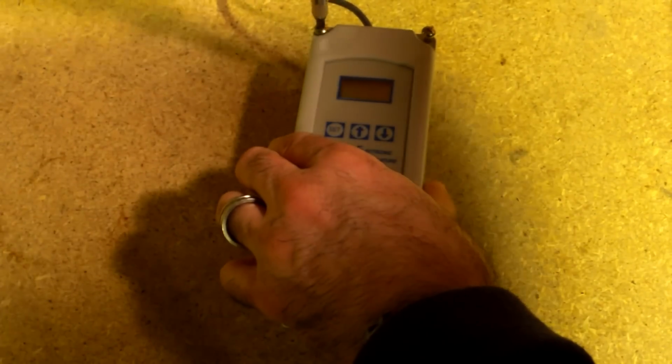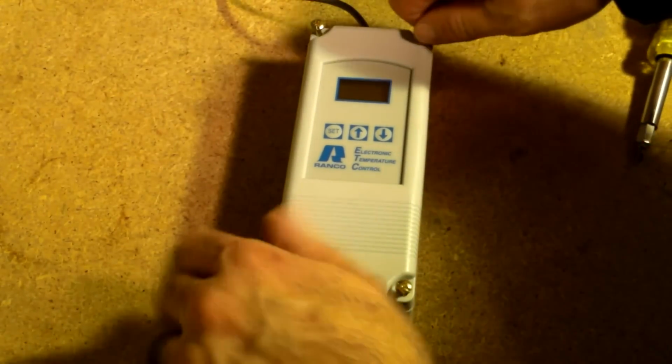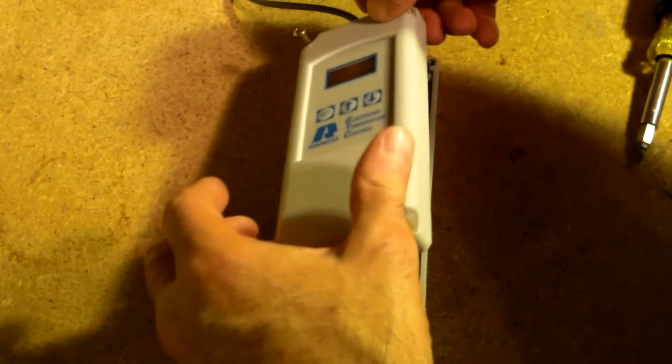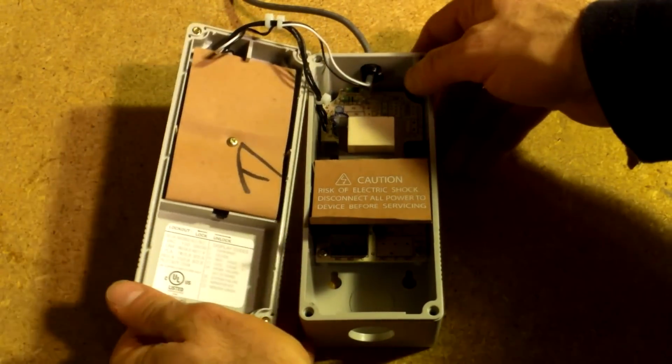I don't know how exact I was worried about being. I just wanted to get things within a decent range, but I got a good price on this, so I decided to go with the digital. These are the kinds of pieces of equipment, if you buy them right, you're going to have them for a long, long time. So here we are on the inside of this guy,